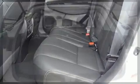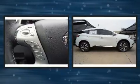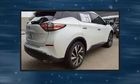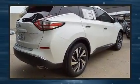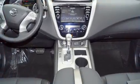Enjoy your favorite music via the stereo system, which includes a CD player with MP3 capability and 11 speakers, yielding maximum audio versatility. Adaptive Cruise Control maintains a preset distance behind the car ahead of you, simplifying highway driving and